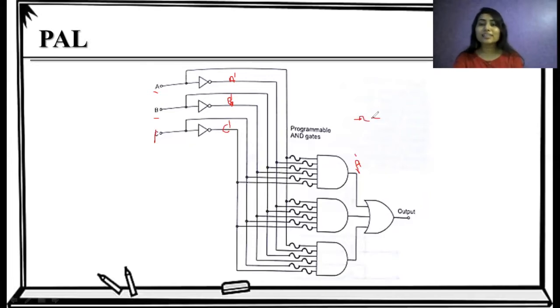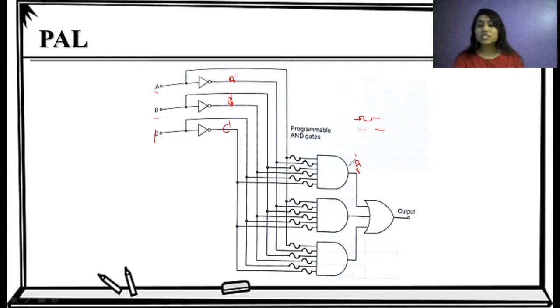If we connect, the variable is given to the AND gate, and if it is disconnected, the variable is not given to the AND gate. So according to our requirement, we can make connections of these links to the AND gate. That's why this PAL has a programmable AND array.